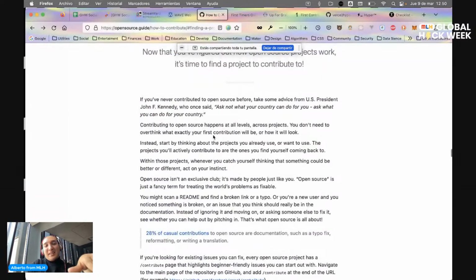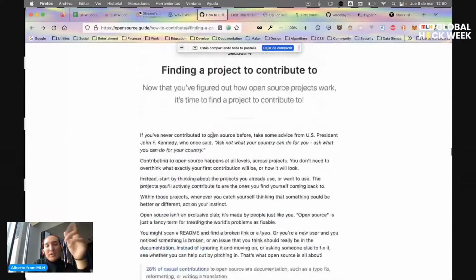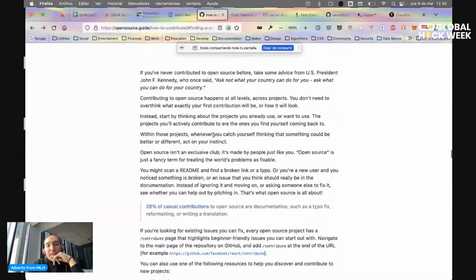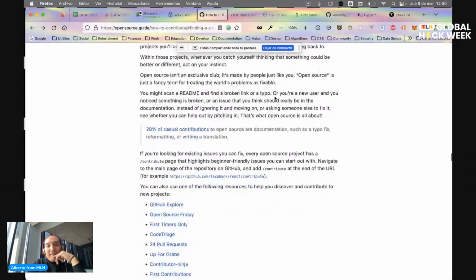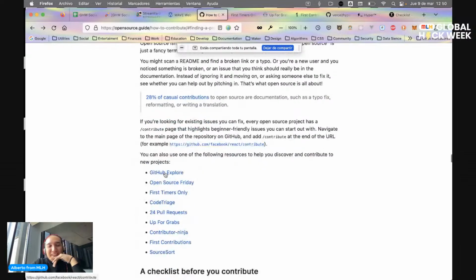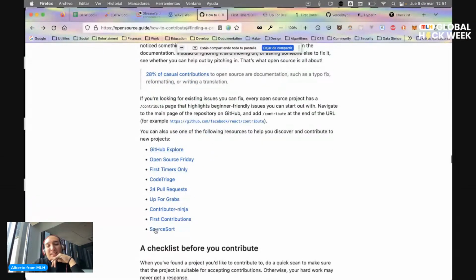In this link, or this page I shared with you, they give you a phrase. I don't want you to look at this phrase. I want you to explore these pages.